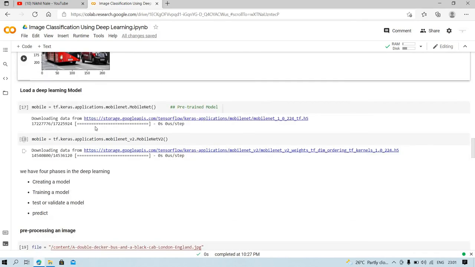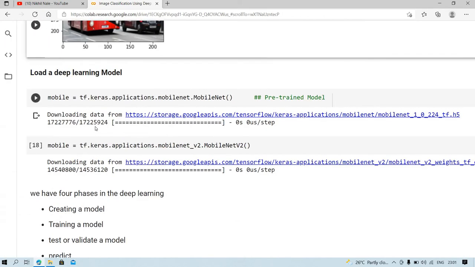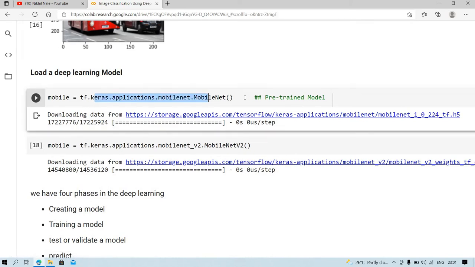After that you will load a deep learning model. Here I will use MobileNet version 1. MobileNet is a deep learning model already trained on the ImageNet dataset.